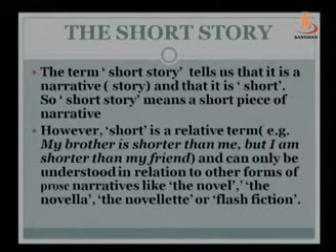We cannot really define what is short, and it can be understood only in relation to other forms of prose narrative like the novel, the novella, the novelette, or flash fiction. All these divisions are largely in terms of the length of a narrative. How short is short or how long is long is a difficult question. You cannot really pin down that this is short and this is long, because it's in relation to something that we call something long or short.